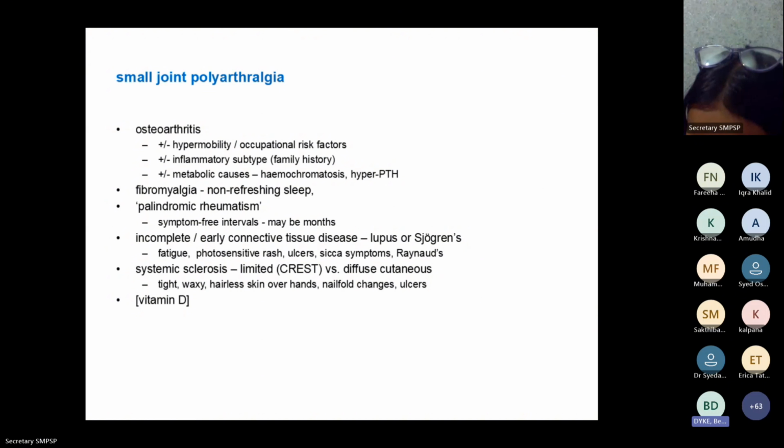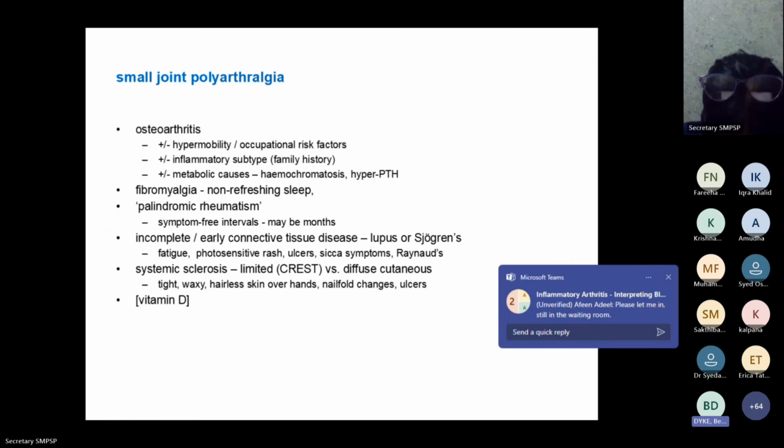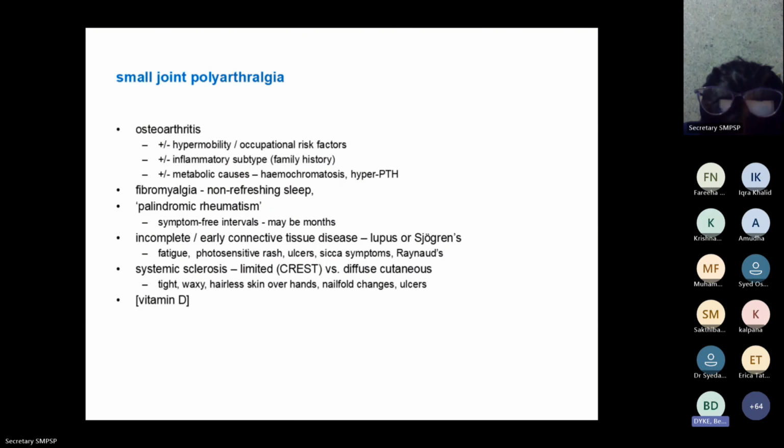So the first, I guess, of 4 presentations I would consider would be small joint polyarthralgia. We get referred a lot of people in whom joint swelling isn't perhaps the main feature, but there's a suspicion of an inflammatory arthritis, and you can find this in people with very early inflammatory arthritis. But the kind of diagnosis I'm thinking about when I'm seeing someone with this referral are joint hypermobility or perhaps occupational related problems. You guys will be very familiar with